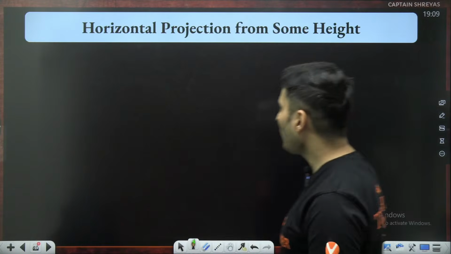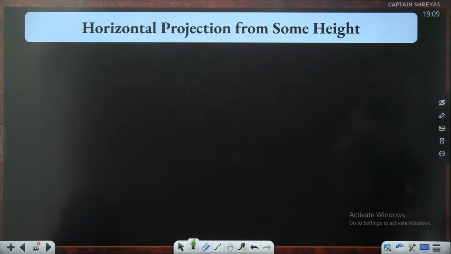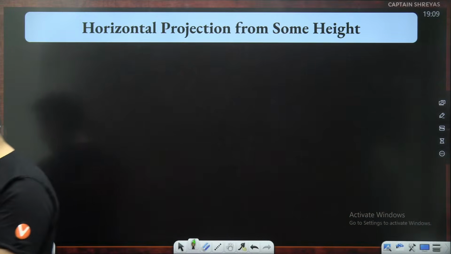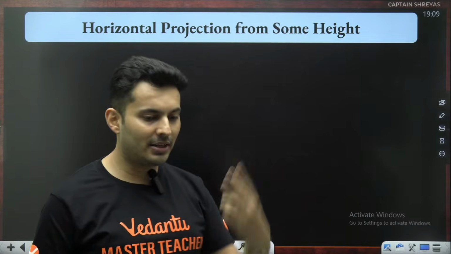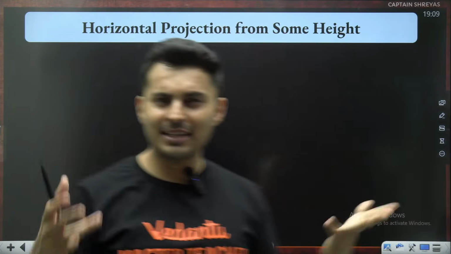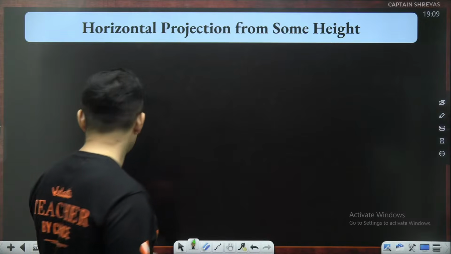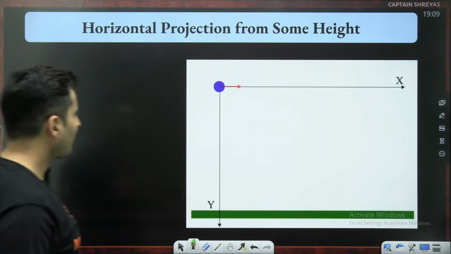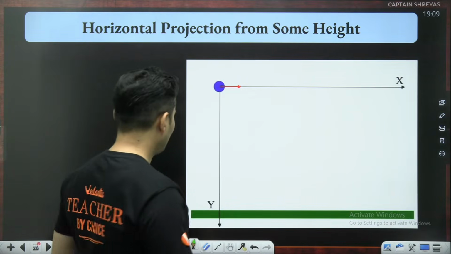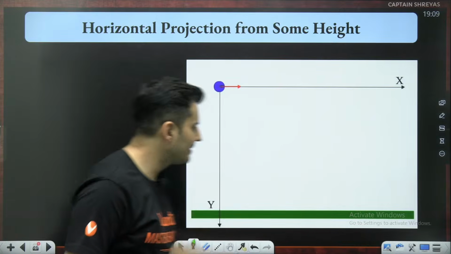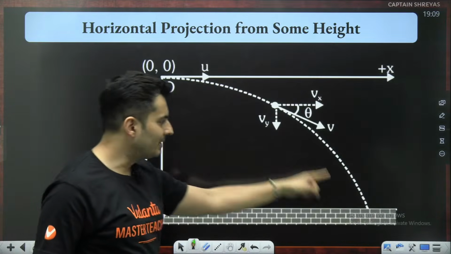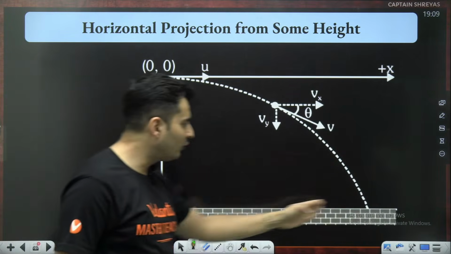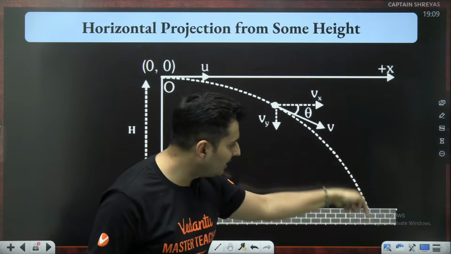Perfect. Now let's slowly move on to projectile from some height. These are the last two major concepts. If you throw something from a height, it's very similar to dropping something. So I think I have the diagram for it. You throw a ball something like this, and after some time it lands somewhere over here. So we are interested in how much time it takes, how far it falls, with what speed it will fall,